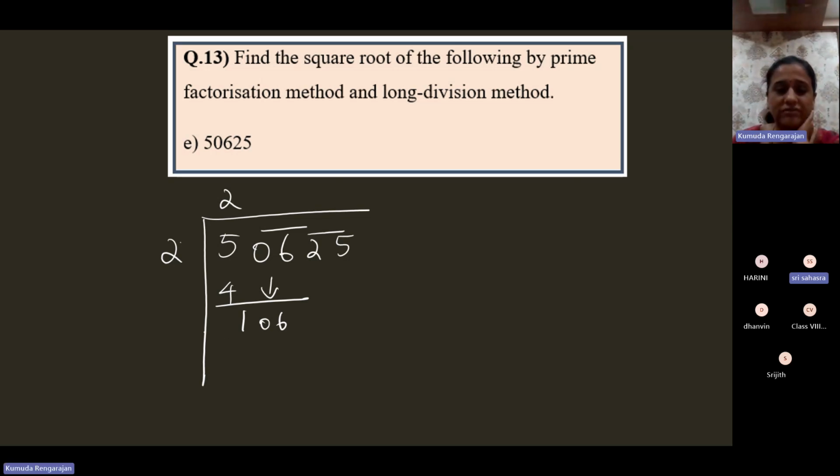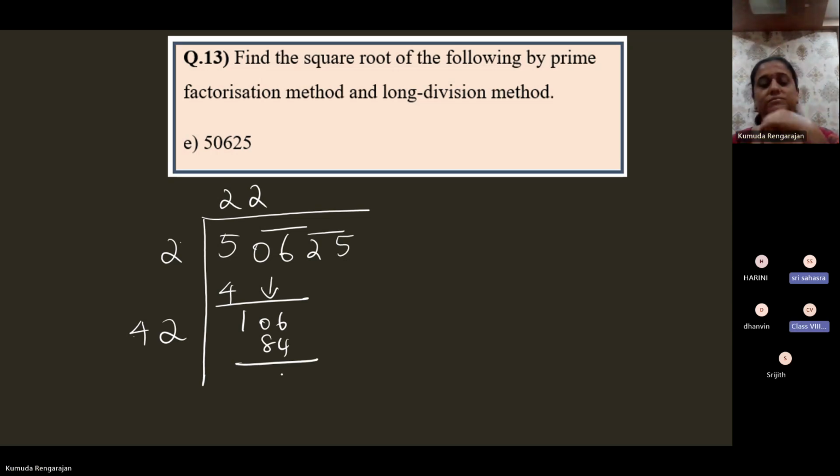What should we write beside 106 here? 4 now. And 6 and 2. What's the remainder? Can I say? 5. Ma'am, what's the remainder? 22. 6, yeah. Okay, then